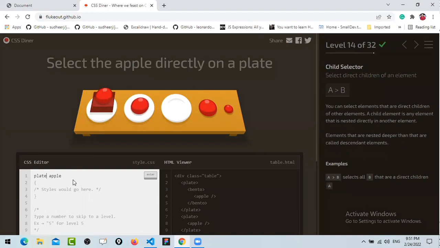Tilde. Tilde operator will work for just sibling, not for child. So here can we write plate, bento, apple? No, we have to target this element. So we have seen the child combinator we can use: plate, inside that apple. What else we can do here? Can we write here only child? Yes, but